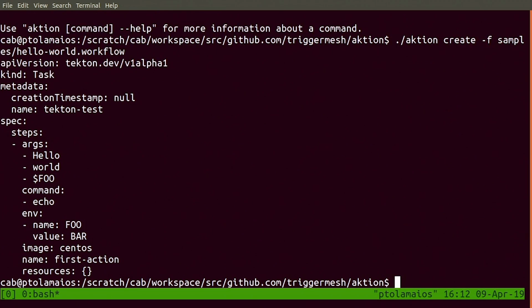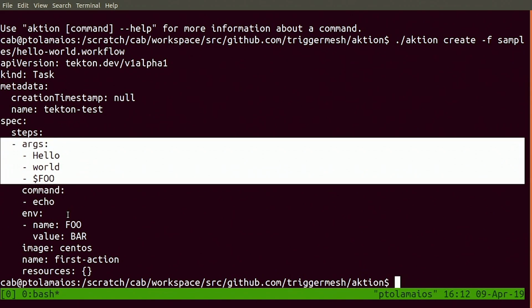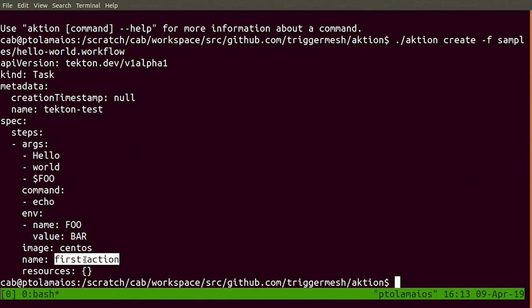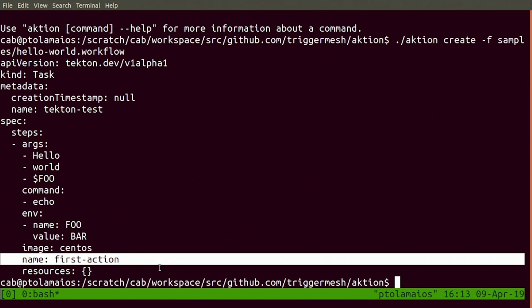We'll feed that into our hello world. We just feed everything as is, and we have our simple task object. You'll see our steps have actually been broken down. We have our simple command, we have our environment variables, we have our new and improved image, and we also have our name,